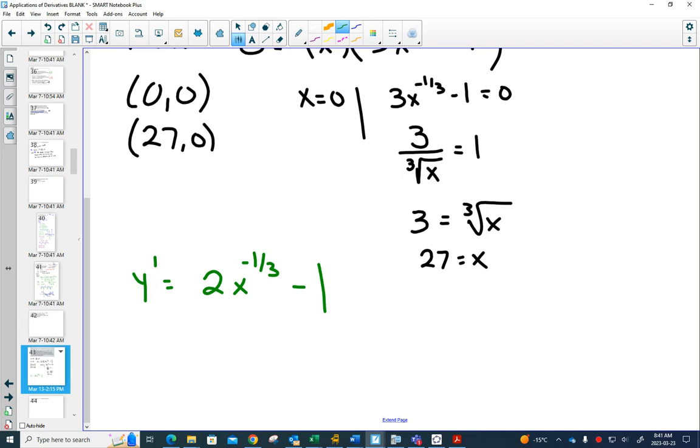So when I brought the 2/3 out in front, the 3 multiplied by that 3 on the bottom, just leaving with a 2, subtract 1 from the exponent,